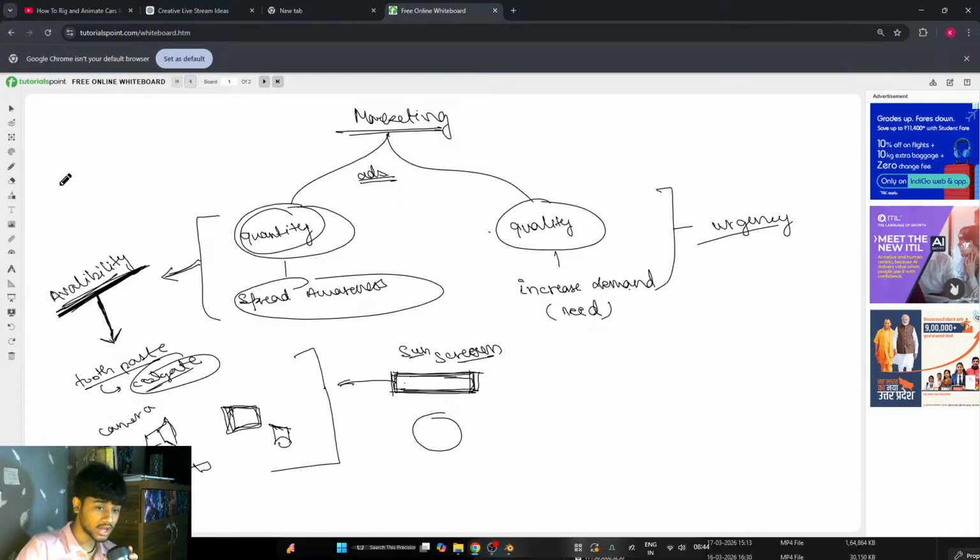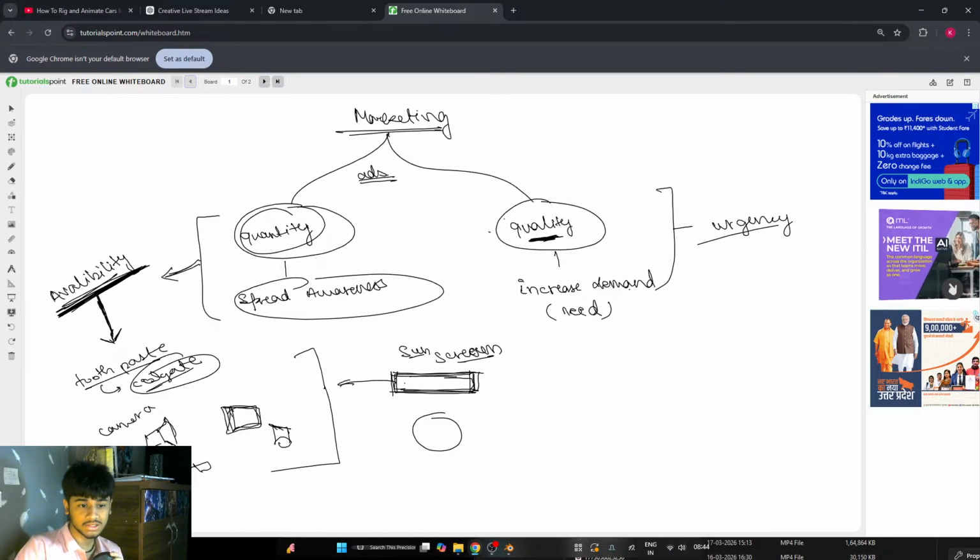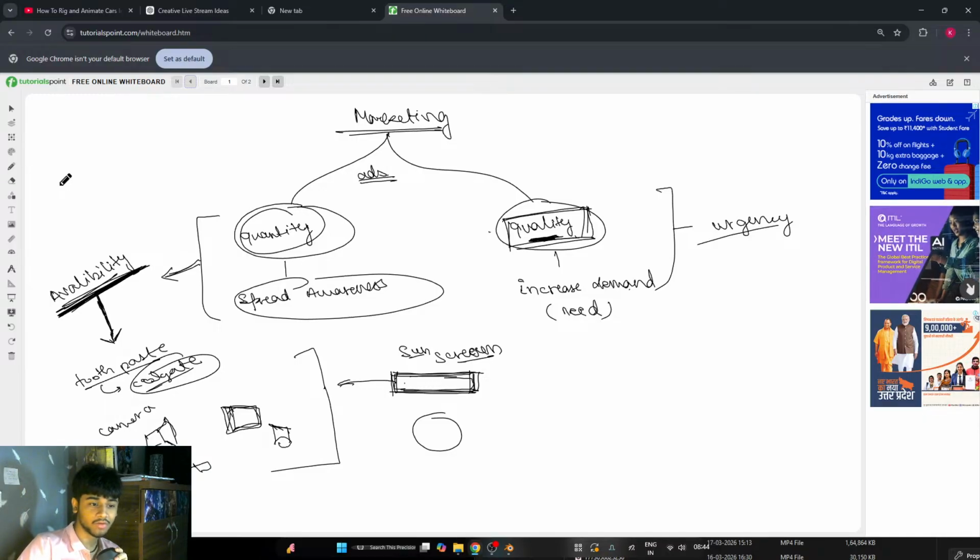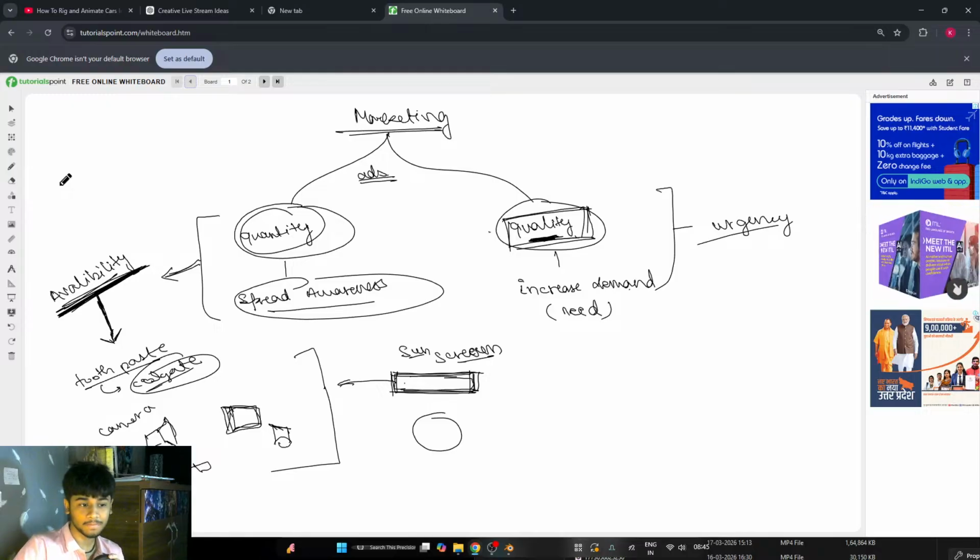Now the major thing which I would like to highlight is quality. This is what most people should be focusing on. Like, okay, you are producing ads in quantity, you are spreading awareness, but what would a person, audience or customer do with knowing about a product? Why will he even buy it if there is no connection between him and the product? If you are not doing anything which would make a person buy that thing.